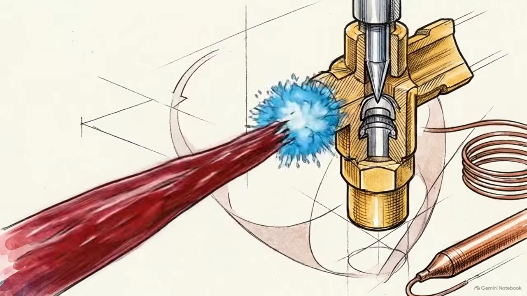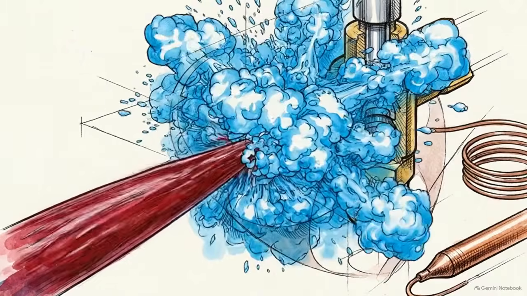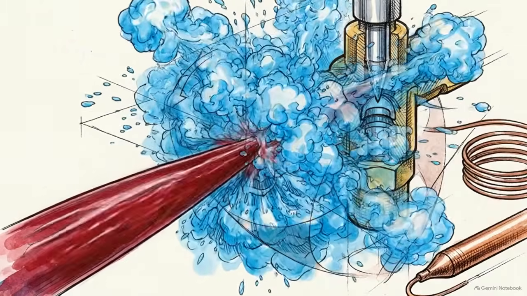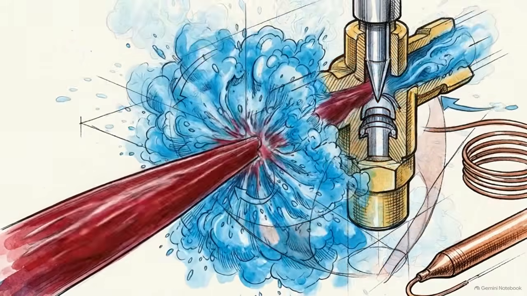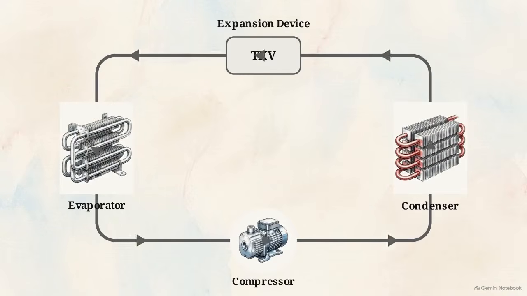In high-pressure systems, forcing a steady liquid stream through a microscopic restriction creates a violent reaction. The liquid explodes into a turbulent, sub-zero mist. This diagram shows the four structural pillars of a closed-loop refrigeration cycle: the compressor, the condenser, the evaporator, and the